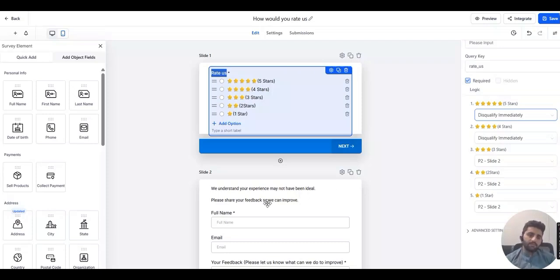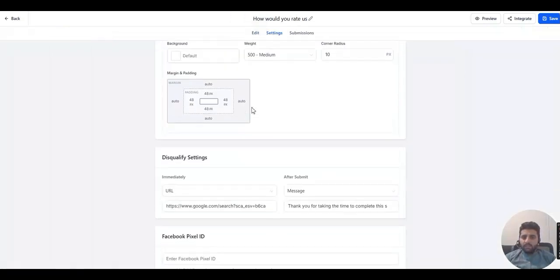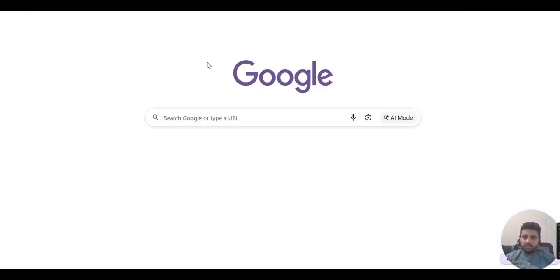Okay, so now after making these changes like disqualify immediately, we will simply move towards the setting which appears right here. Inside here, what you need to do is simply come to disqualify settings. Here you will select the URL, and the URL should be your Google review link. Okay, for that, if I simply show you,